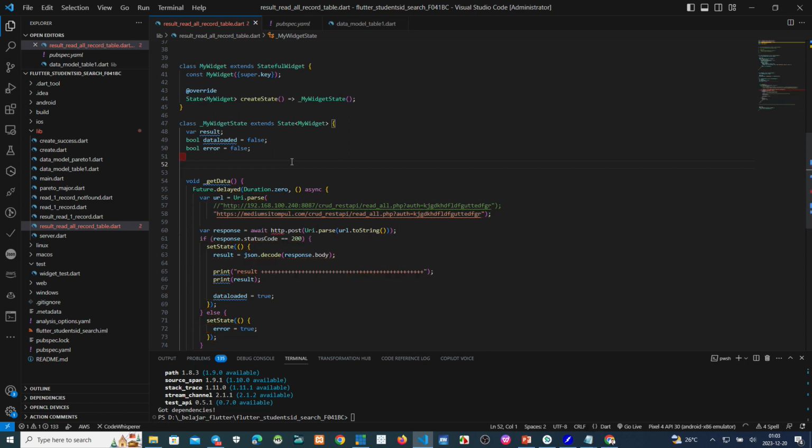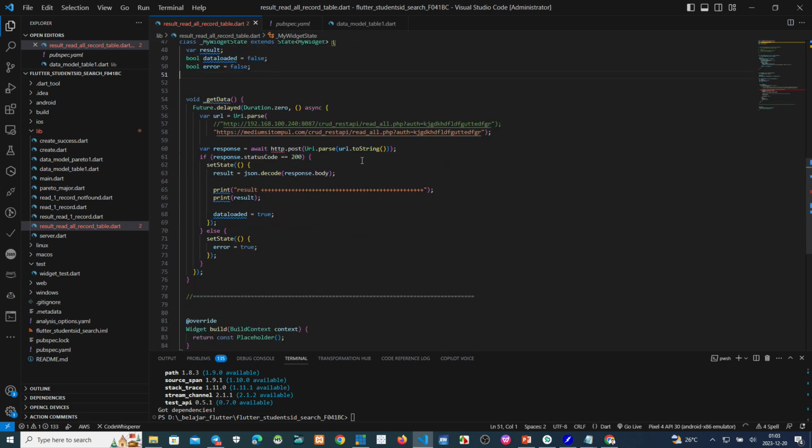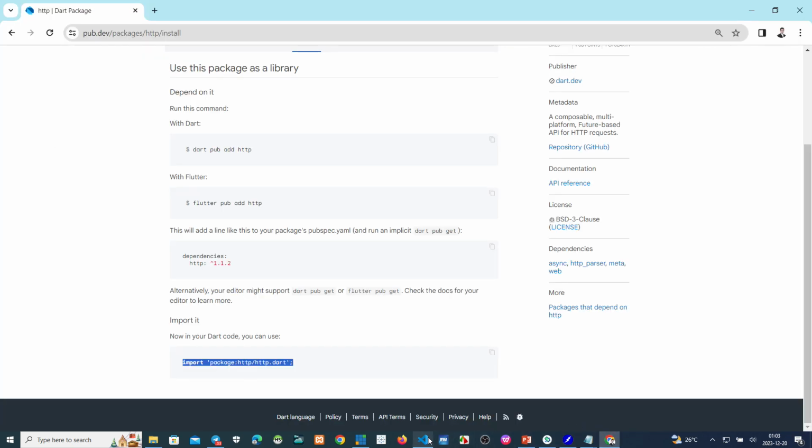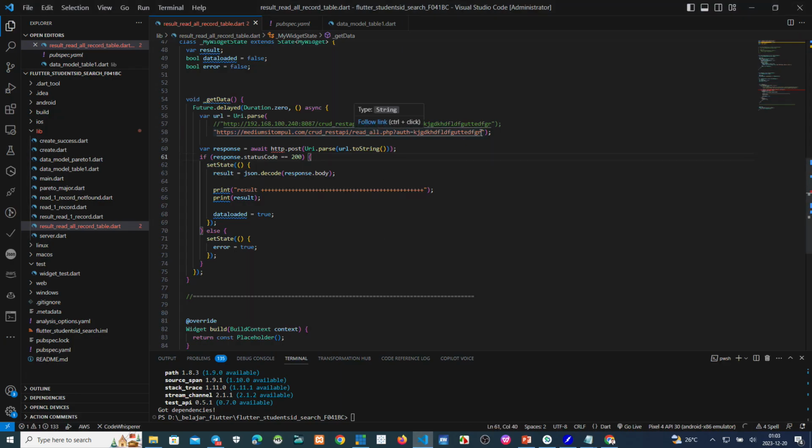This is the script to get data from the database. This triggers the backend script read all. If we check here, this is a select star from student, and we can also run this script.